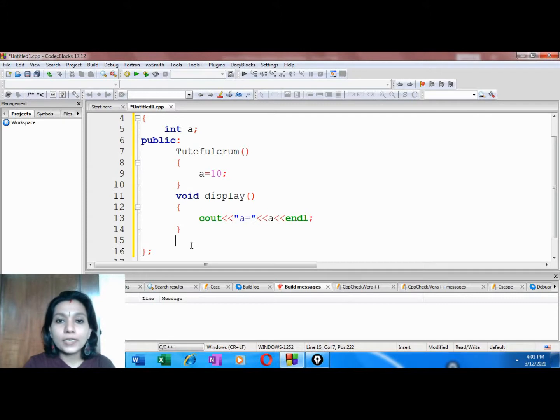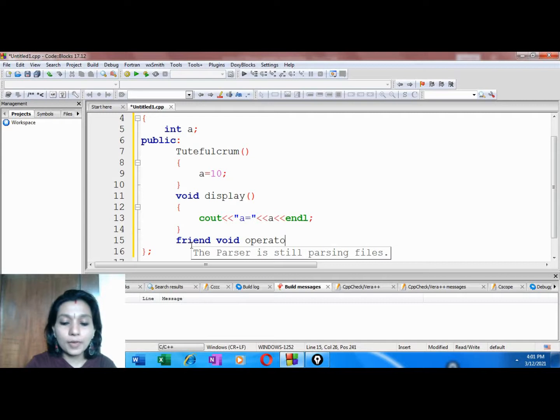So how do we declare a friend function? Using the keyword friend. Let's keep the return type of our function as void. Now what is our function name? Operator followed by the operator which you're trying to overload. It is the plus operator. Now here we need to specify the two arguments to the function and they are the objects of the class.